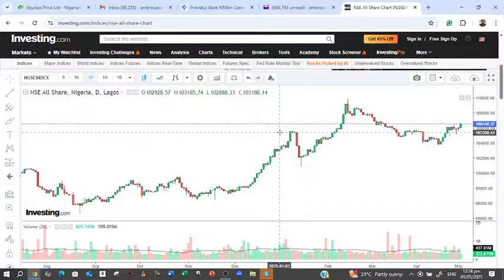Are they trading at an oversold region? These numbers you are seeing and the technical analysis I just mentioned will help you to know what to do. If you are seeing the numbers I pressed, you go and check: are they within the value area, which I said is between the support level and resistance level? Then you can also check if this company has already rallied. Are they at their overbought region or oversold region? It will help you make a decision, because every number we're seeing is talking about the past. We were looking at first quarter results, and today is already the first day of the month of May.